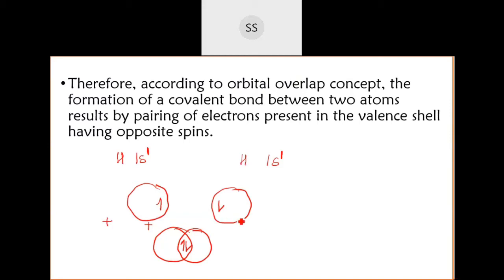Why does the nucleus not fuse with each other? Because nuclei are of like charges. I told you, in the hydrogen case, at a certain distance they were coming, there was attractive force. But if you get them closer and closer, then due to that repulsive force, they will get away from each other and the bond will start breaking. So the bond formation will not happen if you bring the nuclei closer to each other. There is a minimum distance at which the nuclei should be placed from one another. Only then the bond formation takes place.